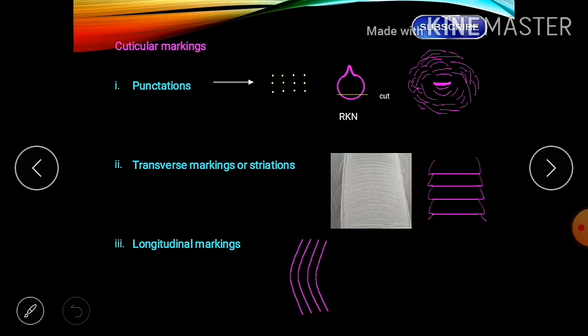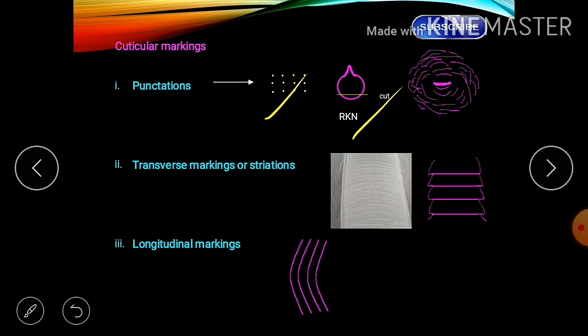Types of cuticular marking. The first type is punctuation. Punctuations are minute round dots arranged in a pattern. They are mainly used for strengthening the cuticle rather than as a pore canal through which cuticular protein may be transported, mostly observed in Xiphinema species.